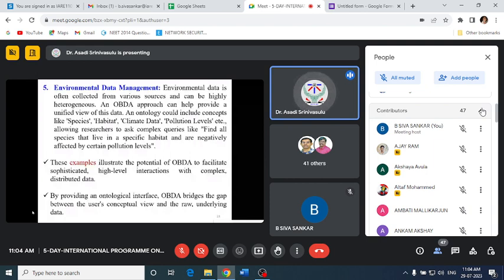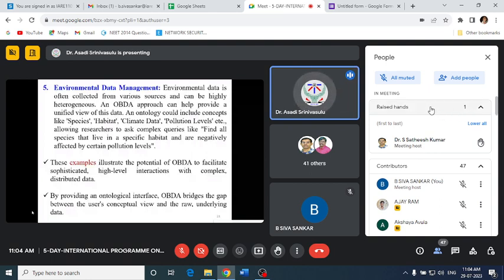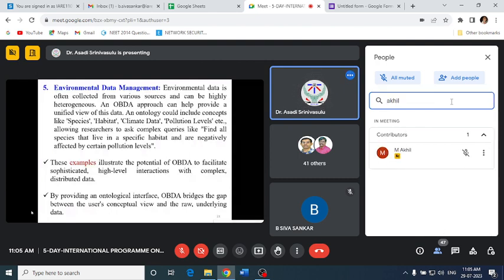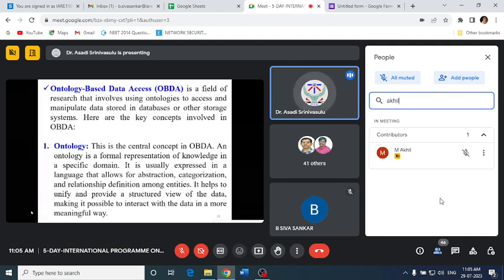Now I'm maintaining databases related to the PFAs database, climate database, groundwater database because of the water, pollution levels database, habitat database, and species database. So there we are developing an ontology-related environmental data management. So these are the best examples, and we are solving real-time applications. And I have explained already